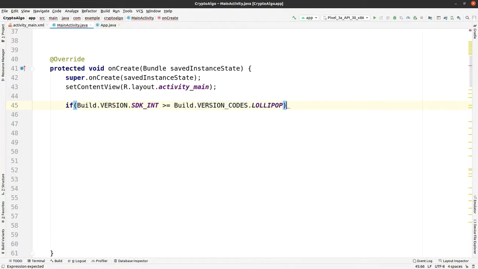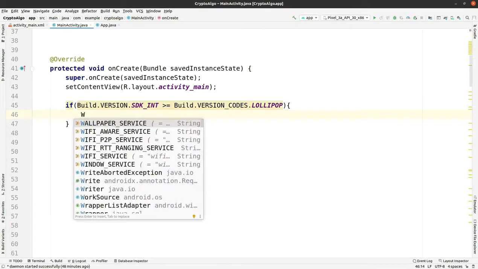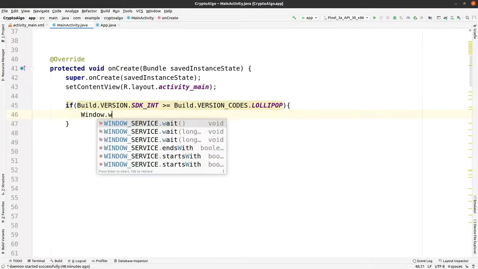You have to do the same, and then for it we are going to use full screen.